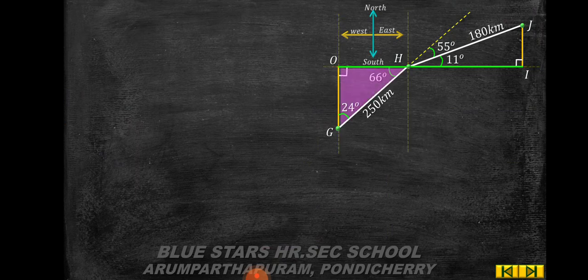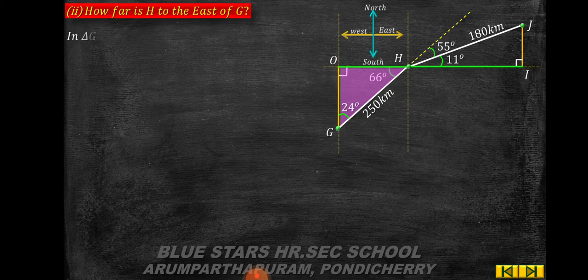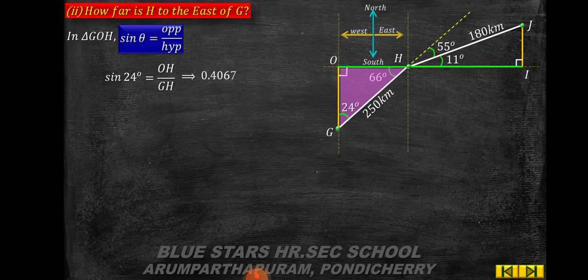Then the next one is the second subdivision, that is, how far is H to the east of G. So in the triangle GOH, sin theta is equal to opposite by hypotenuse. So sin 24 degree is equal to OH by GH, which implies sin 24 degree is